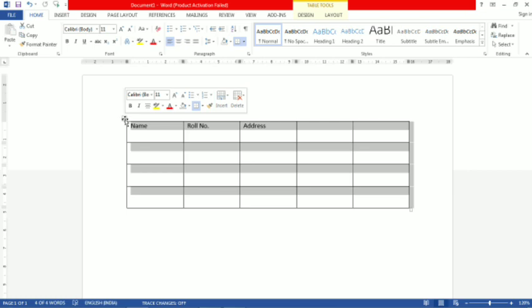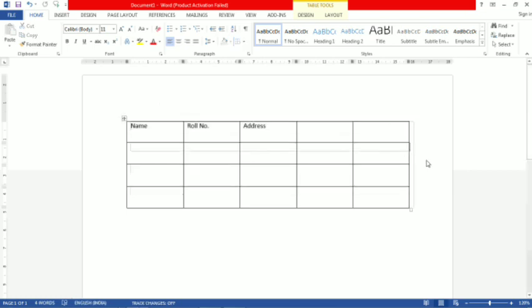Now how to insert rows and columns in this table. For example, first using method 1: click anywhere in the row or column adjacent to which you want to add the new rows and columns. The table tools tab appears on the ribbon. You can see the table tool. Using the table tab, click on the layout tab.